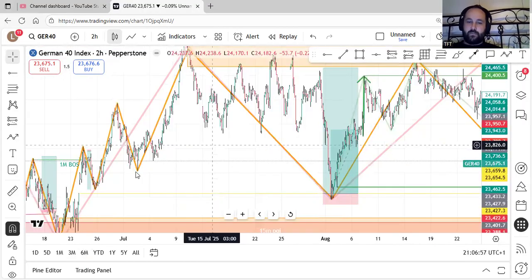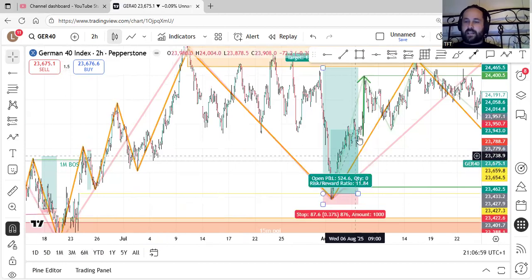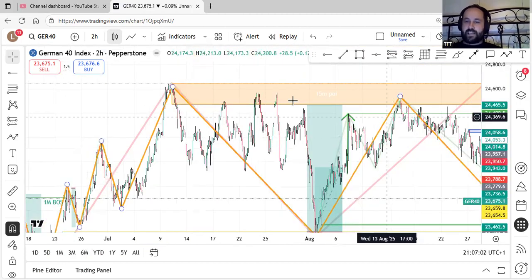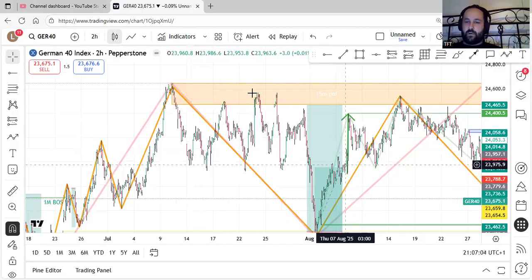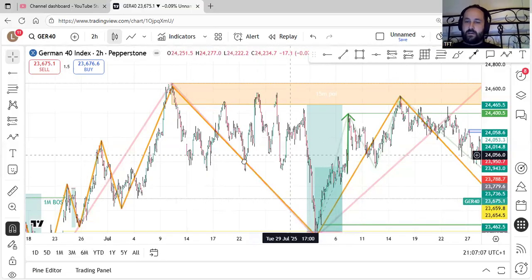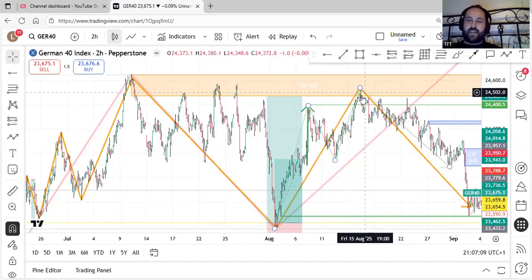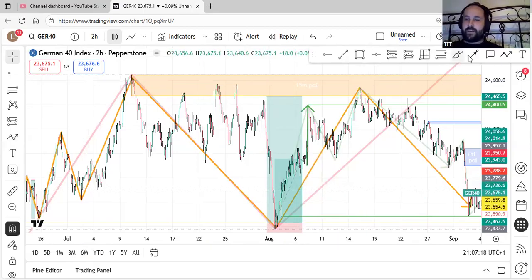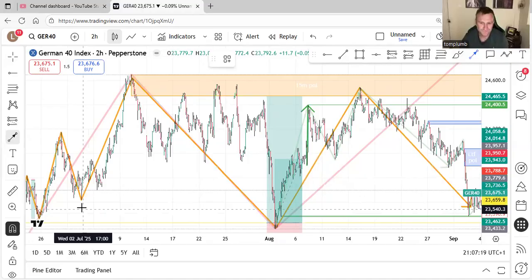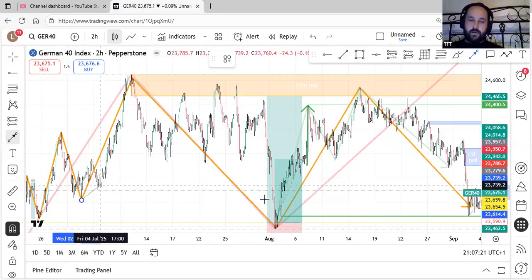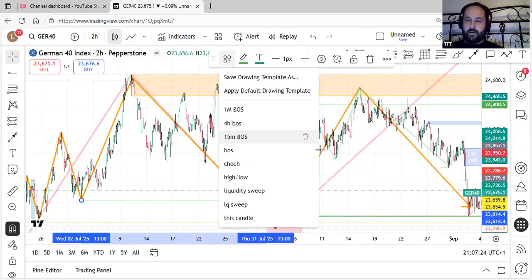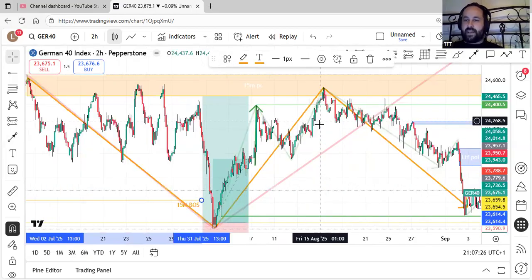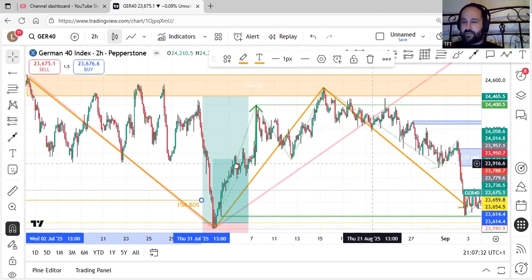So break below here, and as I say, it always comes and taps into a zone, because all this price action here would have been live up until this high was made. We don't know that it's definitely going to reverse from there. In a live situation we would have said maybe it's coming higher, but we've had a 15-minute break, so that's the 15-minute break there. Price comes back. If we can get a 1 minute break somewhere in here, possibly that one there, possibly there. I think we discussed it last week.